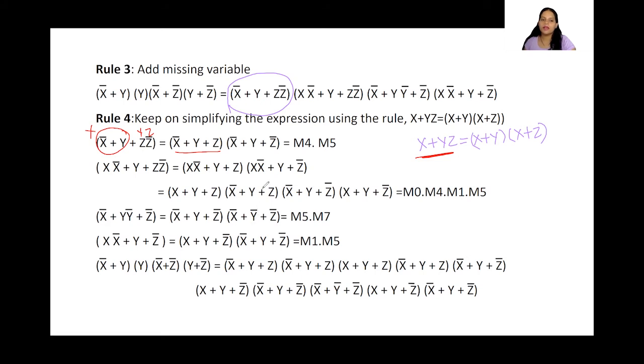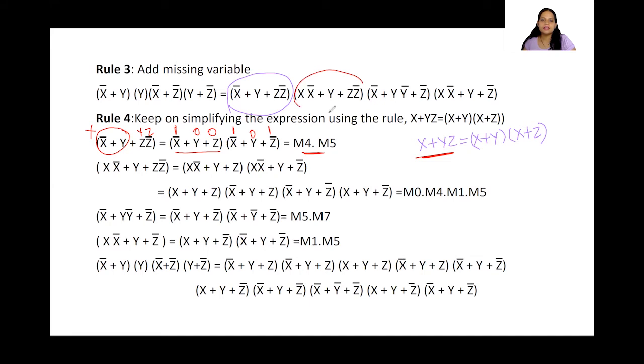How is this m4 and m5? Because whenever there is a bar or a complement of a variable, we take it as 1 in max term or product of sums. Okay, and this is nothing but 1 0 0, so this becomes 4. And here again, this is 1, this is 0, this is 1. Now this is nothing but 5. So always the max term is represented with the capital M, and the min term is always represented with the small letter m, isn't it? So we can write it as m4 and m5, right? So we have got the notation for the first term, which is this one.